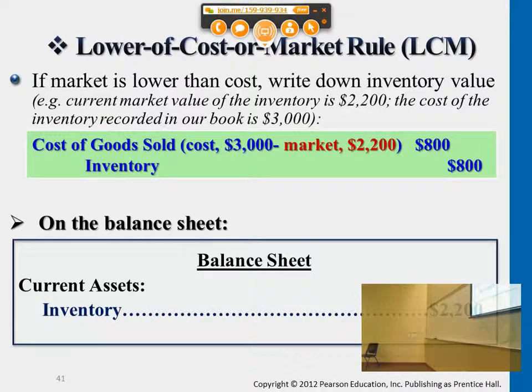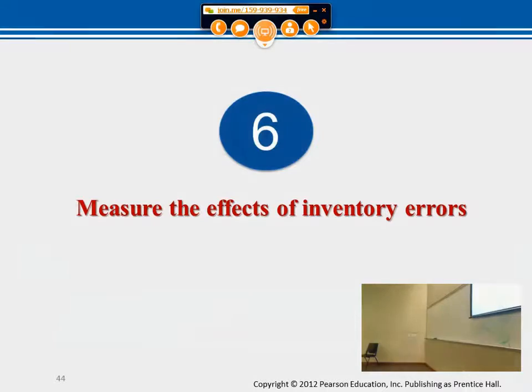Okay, other inventory cases, if there were some cases of inventory